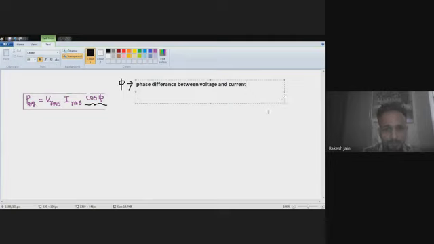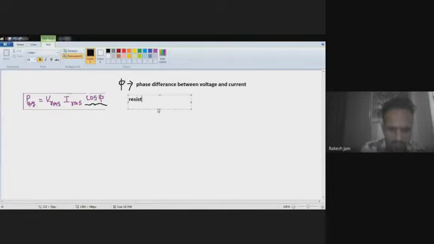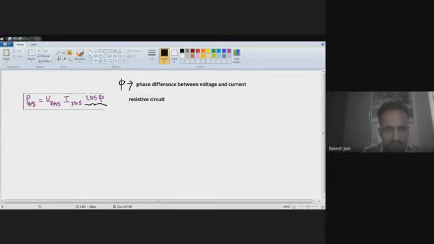Now see, first of all, we just take an example of a resistive circuit, or resistive element. In case of a resistive circuit, we know that phi is always zero because voltage and current